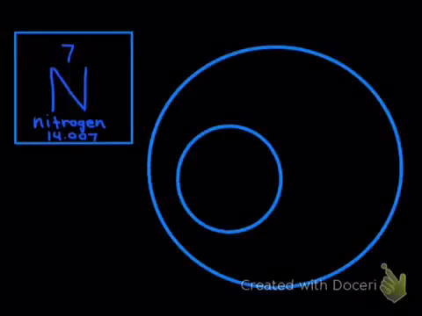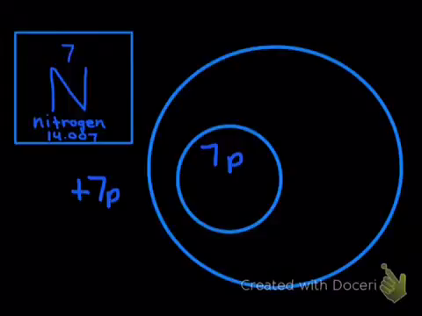The first thing you do to start diagramming the atom is draw a circle to represent the atom, and then a nucleus, which is just a smaller circle. An actual atom has its nucleus in the center, but for diagramming it, it's going to be to the side. To start, you can add your number of protons, which is the same as the atomic number, and then you can add your electrons, which have to be in the order 2, 8, 8, 2